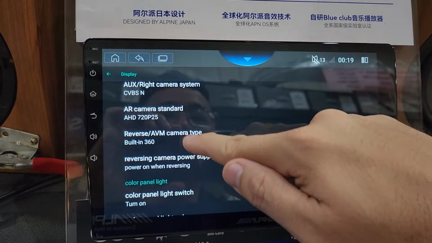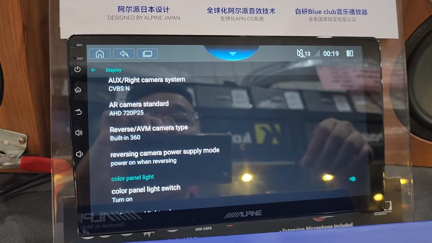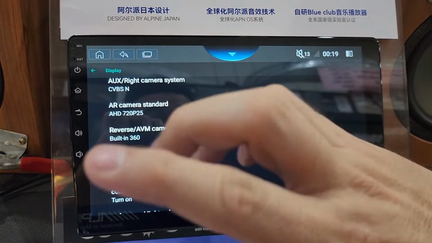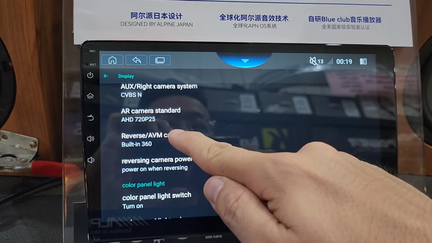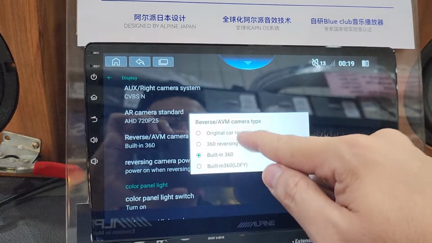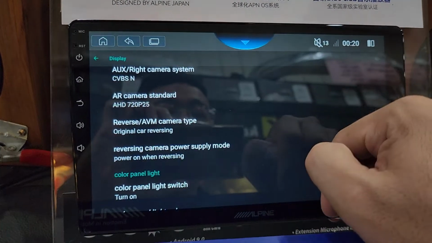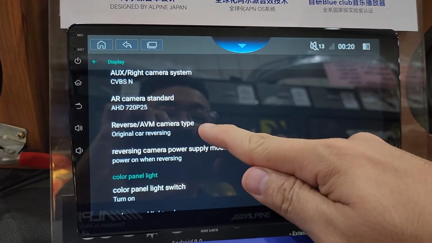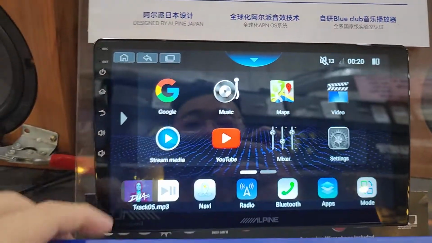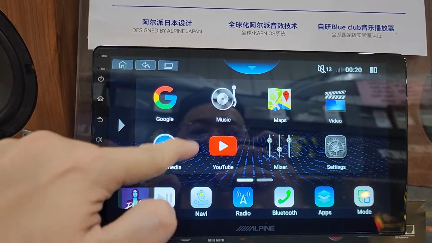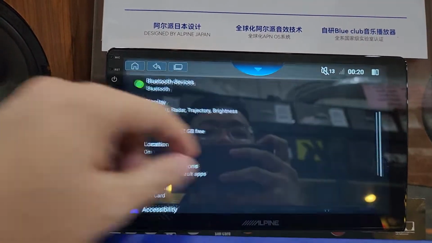Okay, so if you connect your original reverse camera, no 360, original reverse camera only, you have to go to Reverse AVM. Okay, you have to set it to original car reversing. After you set original car reversing, the 360 icon will change to stream media. Okay, go back to Settings,